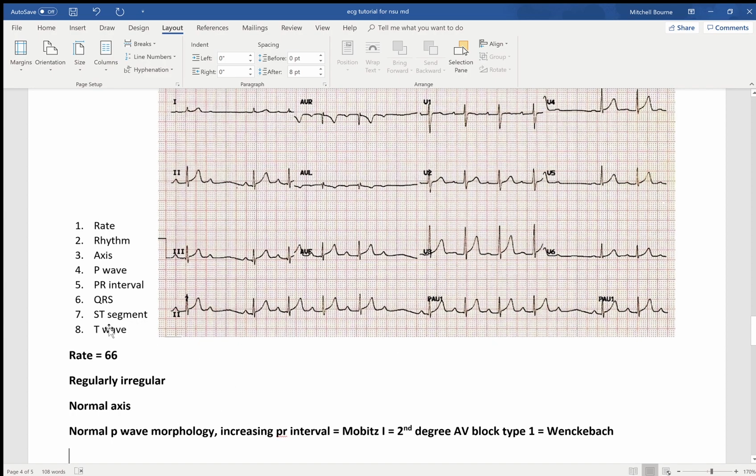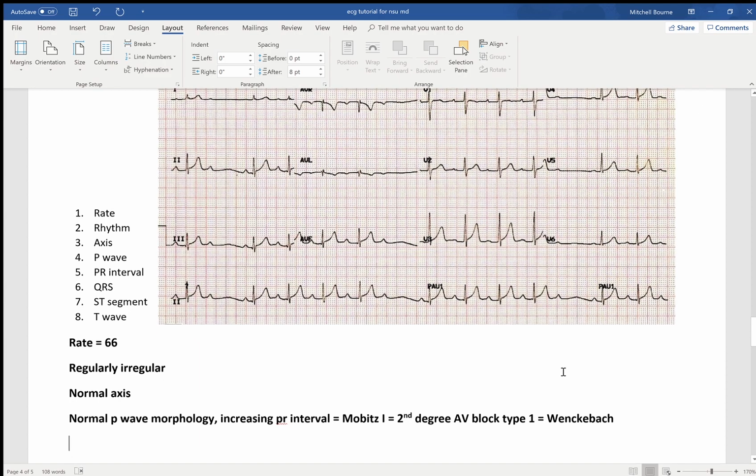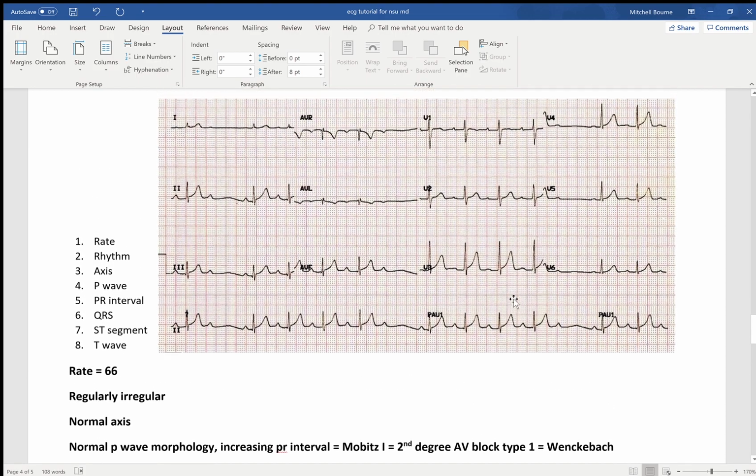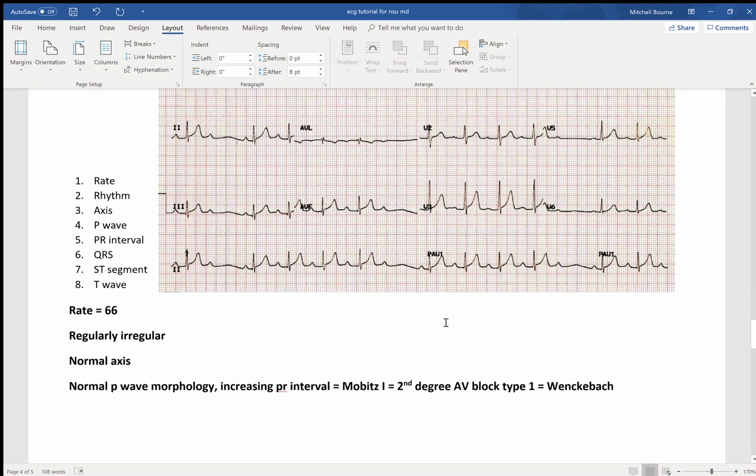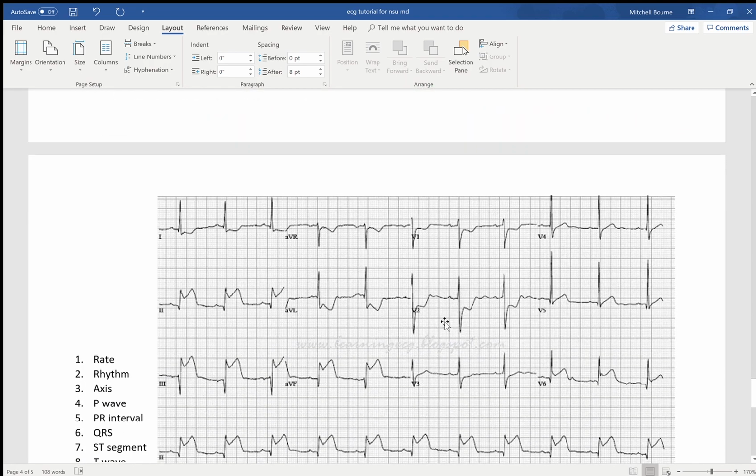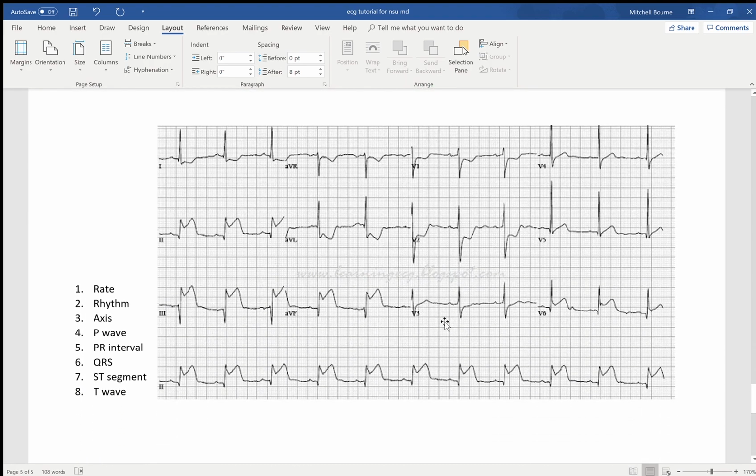cardiac arrest. ST segments, a tiny bit of elevation here, but it's nothing concerning. So don't worry about that. But as far as I can tell, there's no ST segment changes that are worrisome here. And then T waves, they're a little big here. They're half or more the size of the QRS, so this might be a little concerning for ischemia. There's a tiny bit of ST elevation with some big T waves, but that's not something I would make the call on. So next one and the last one is a good transition into